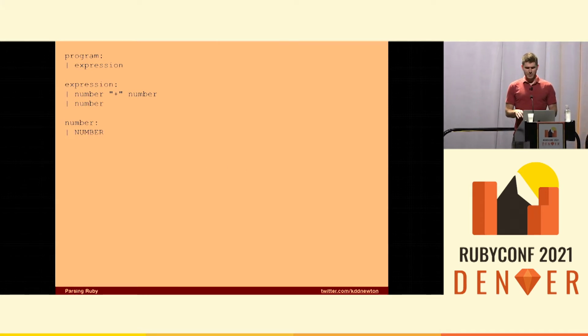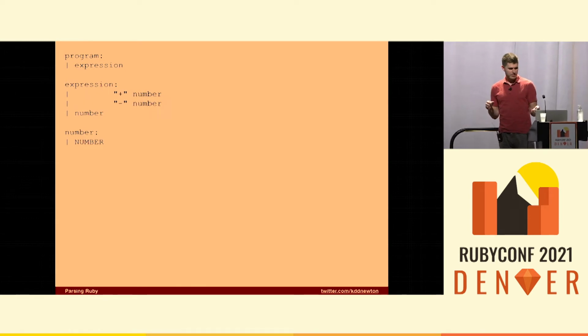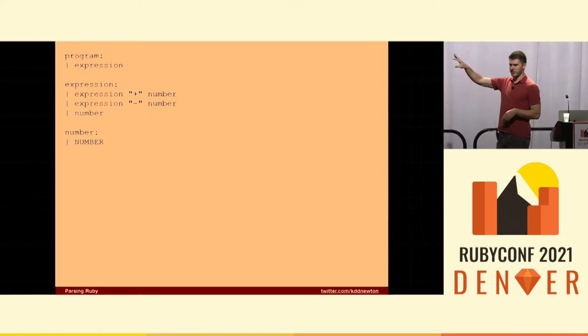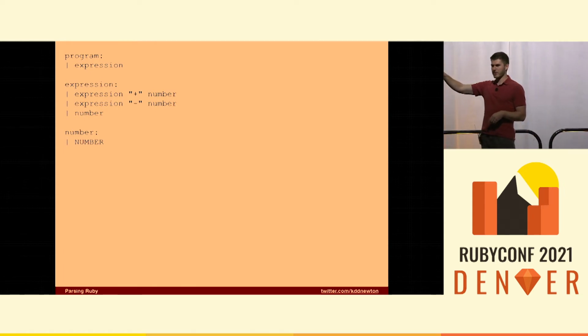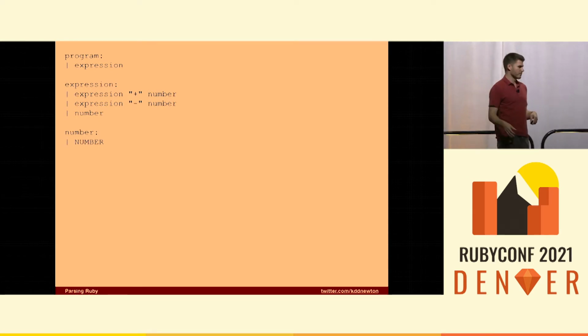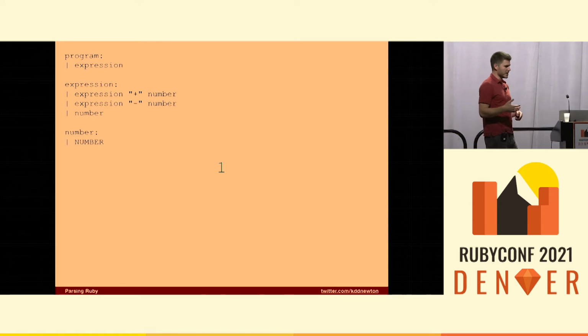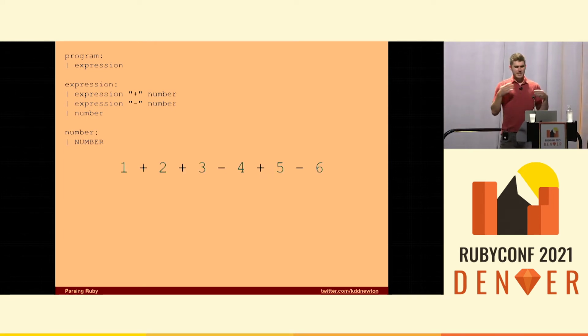All right, so we need to extend it a little bit further. This is now a little bit recursive. This is now left recursive, is what we say in the theory. The expression node in the tree is pointing at itself. It can go and accept more and more information. It accepts 1, accepts 1 plus 2, now accepts 1 plus 2 plus 3. We can extend it for subtraction and go all the way as far as we want. It's infinite, right? This is left recursive.